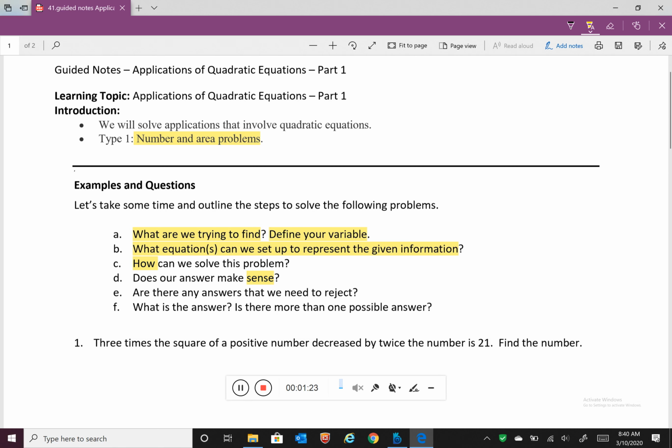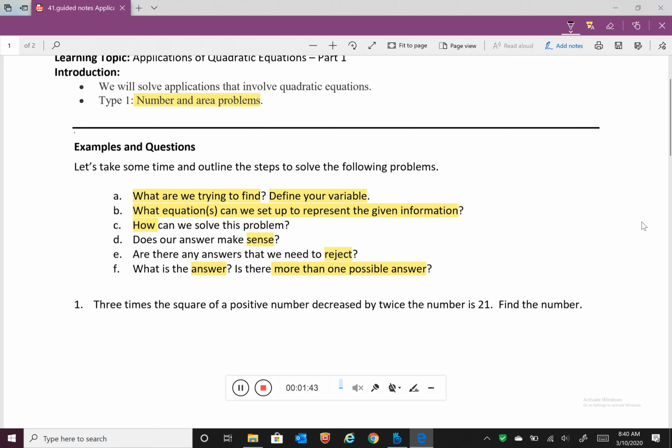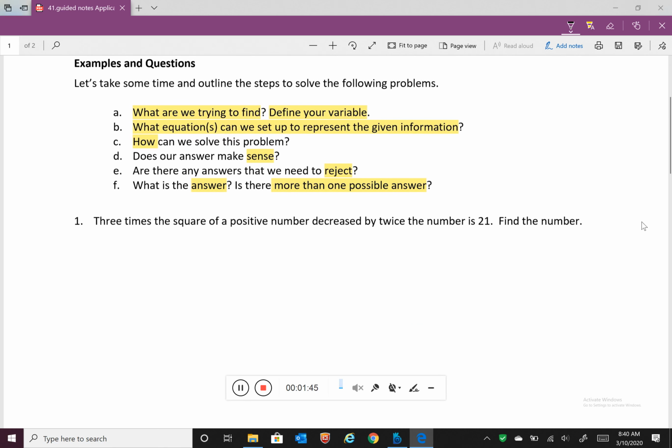Within that, is there an answer or answers that we need to reject? Finally, you want to finish up with determining what the answer is, and also whether there is more than one possible answer. So for our first example, we're looking at 3 times the square of a positive number